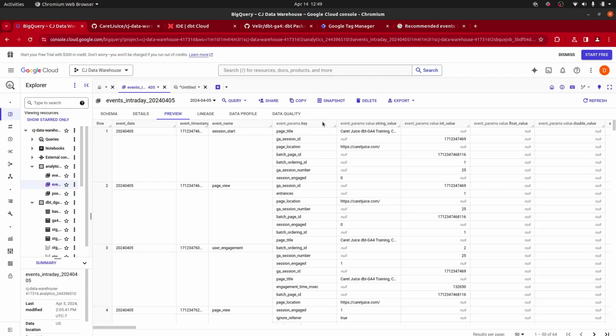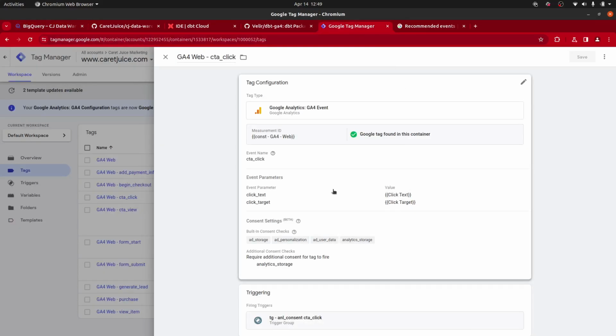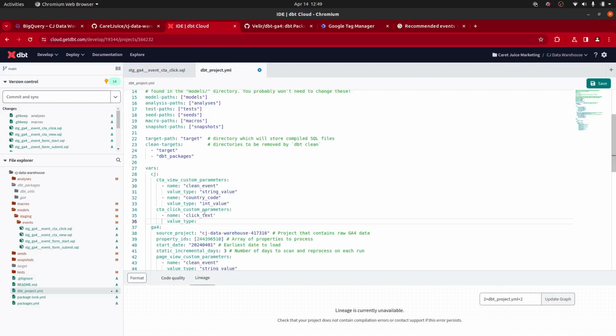And what you need to do is take the key of your event and map it to the column that it corresponds to. So page title matches to string value, whereas GA session ID matches to int value. Now I know click text and click target are both string values, so value type is string value,